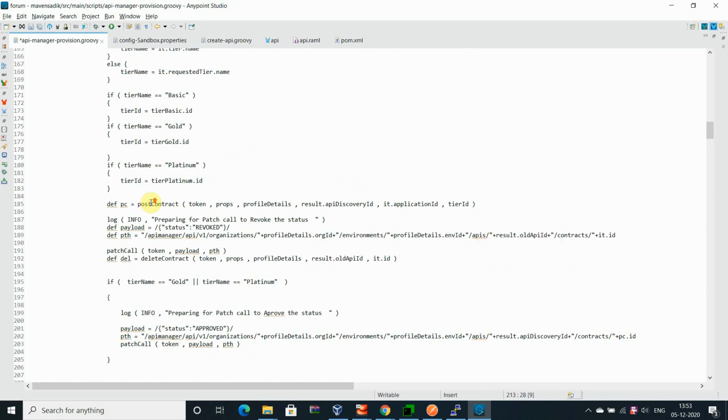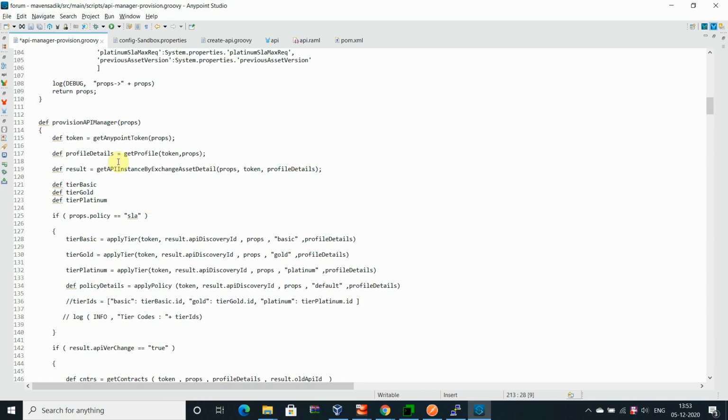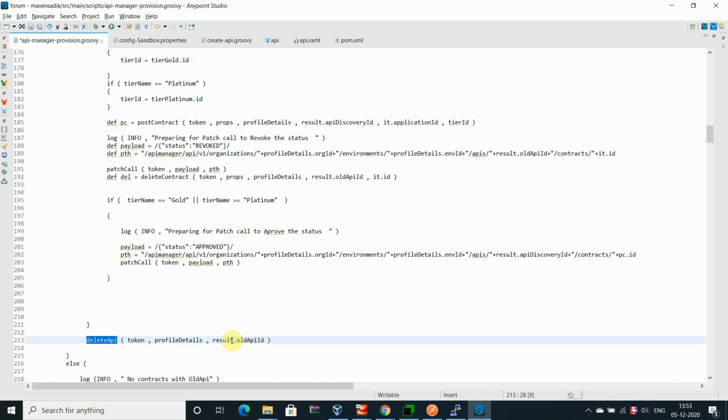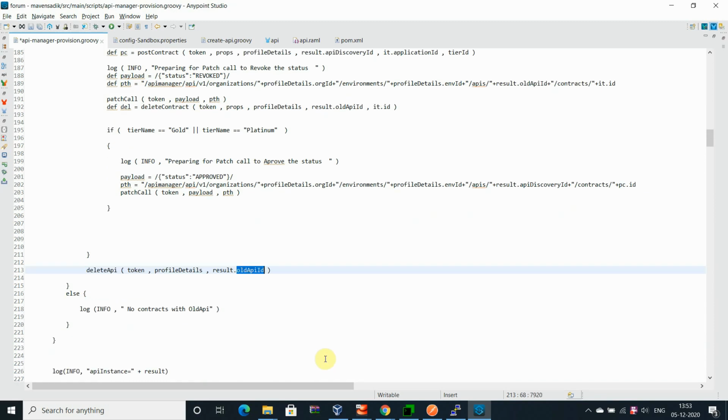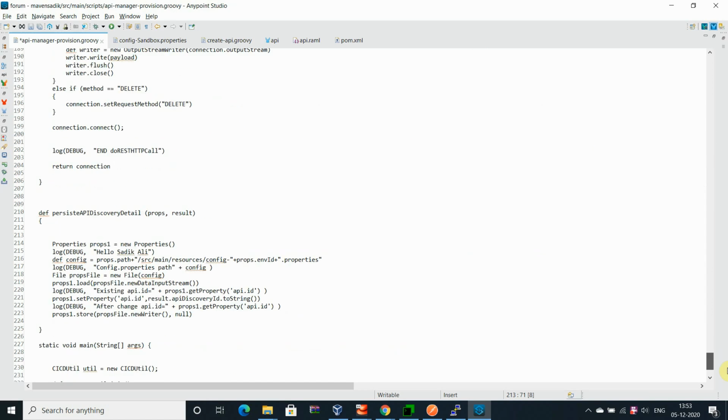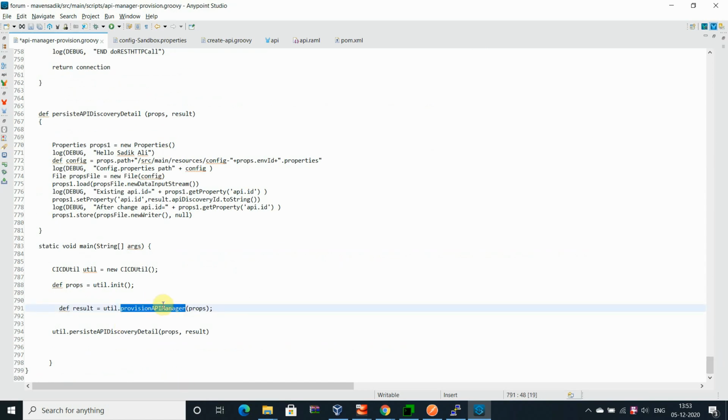As soon as it's provisioned to the API and published to the API, it will delete the old API ID. That's how you can have the latest one. After provisioning the API manager, you will get the new API ID. What you will do is use the new API ID and rewrite it into the property files which we have for that